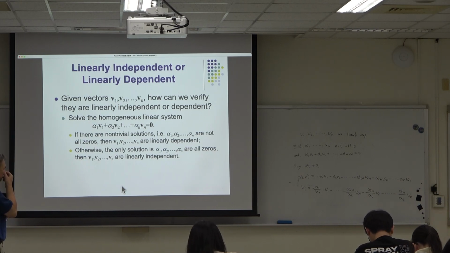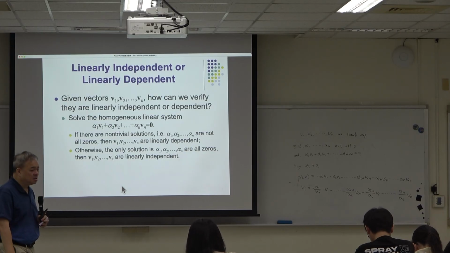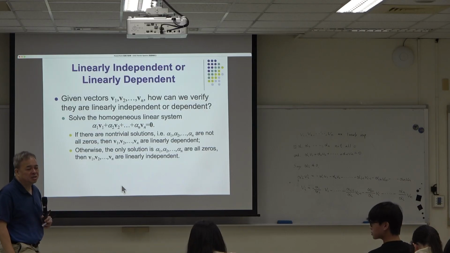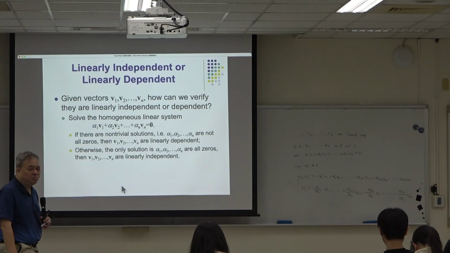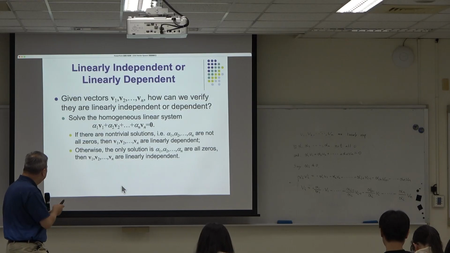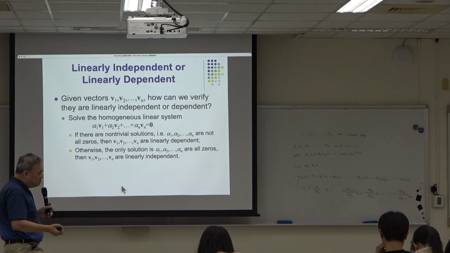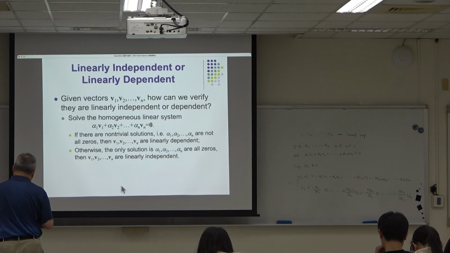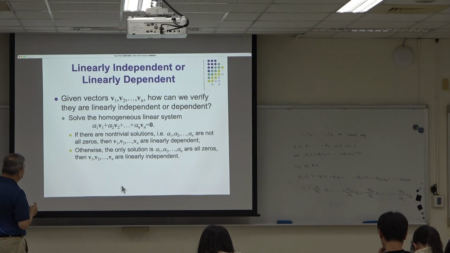That's because a homogeneous system must be solvable. It must be solvable. The only issue is whether there exists one solution or more than one, like an infinite number. Basically, we just need to try to solve this. I mean, this is from the definition, and you can write it as